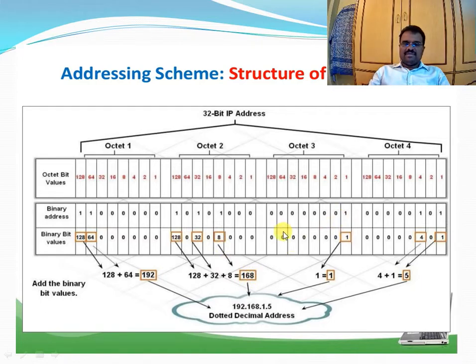In the next octet only a single one is there and the remaining are all zeros, so we take only that value, 1. Here, in the last octet, the ones are at the 4 and 1 positions, so we take 4 plus 1 and get 5. Forming the dotted decimal address, it is equivalent to 192.168.1.5. So this is the structure of the IP version 4 addressing scheme, which contains a 32-bit IP address of 4